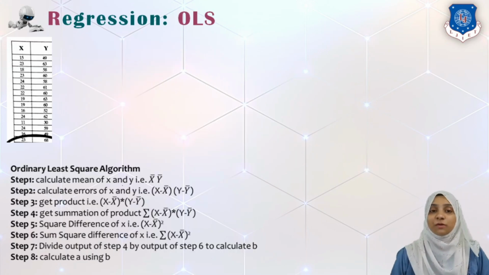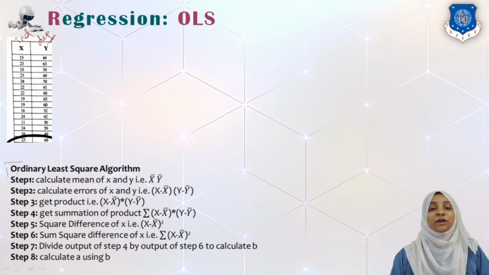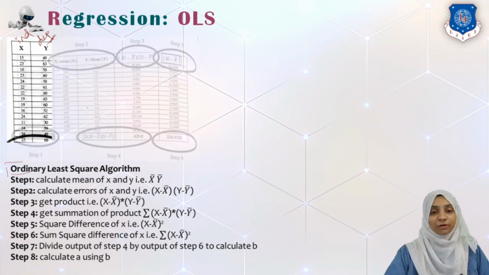So let us move ahead and take one example and see how to fit a particular line or a regression model to our given simple linear model. In the simple linear model, we have x and y, where x is the independent variable and y is our dependent variable, or I would call it the output variable. Now, we use a method called ordinary least squares. This ordinary least squares algorithm will follow the same steps.